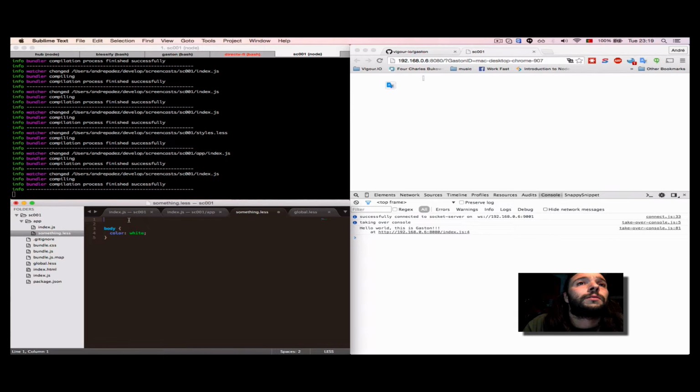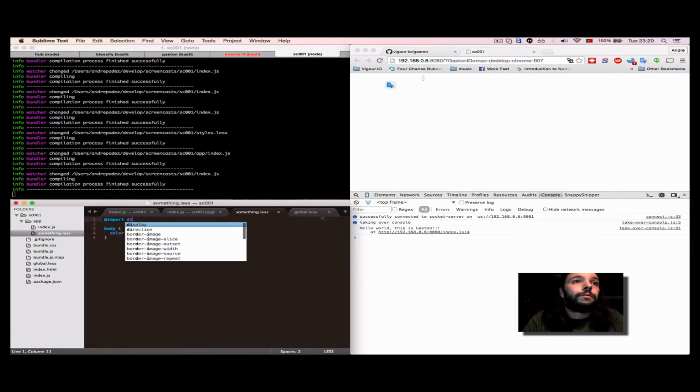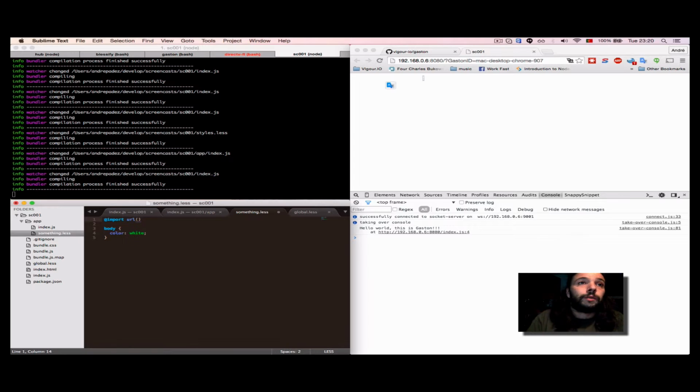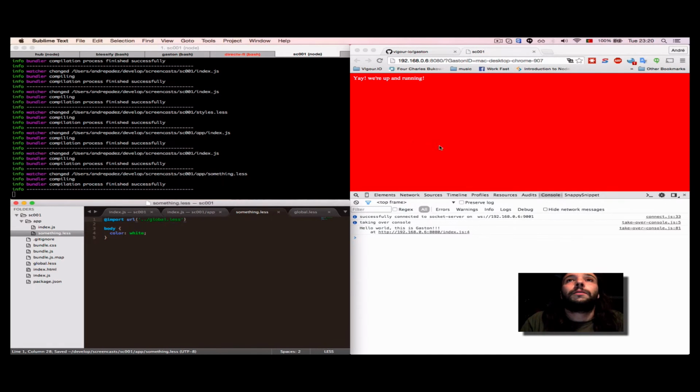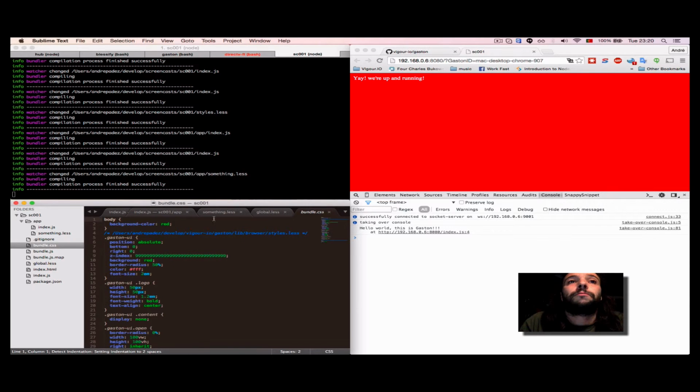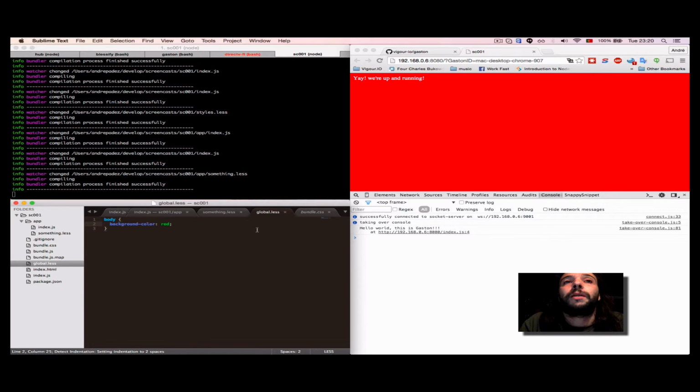And in something.less, I want to use the import directive of less, so dot slash global dot less. So you see, I just saved, and we're back with the background red, which comes from global.less. You can import, for example, global.less many times from many files, and it will only be written once, and that's